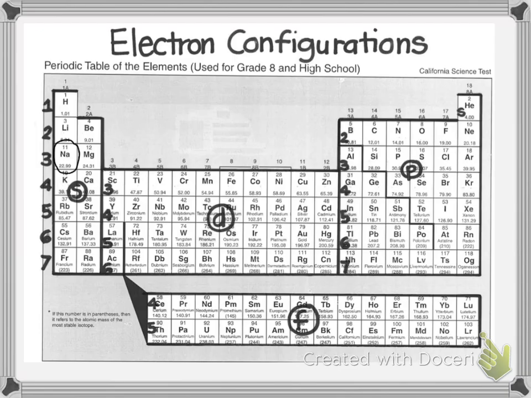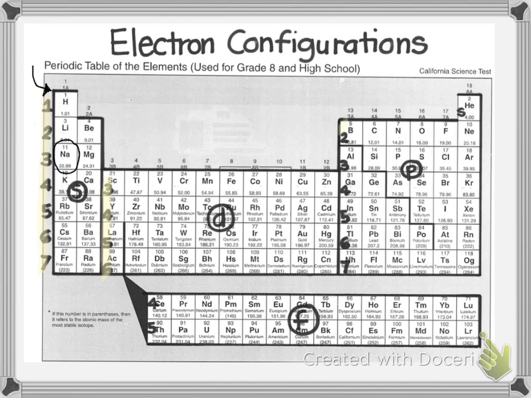So the first thing, if you're writing electron configuration using the periodic table, find the element on the periodic table. When we write a full electron configuration, we always start at the top of the periodic table. What we need to recall is that the energy levels are determined by the period or row that the elements are in. We do need to note that when you get into the middle where the transition elements are, the energy levels decrease by 1. So if you're in row 4, the energy level is